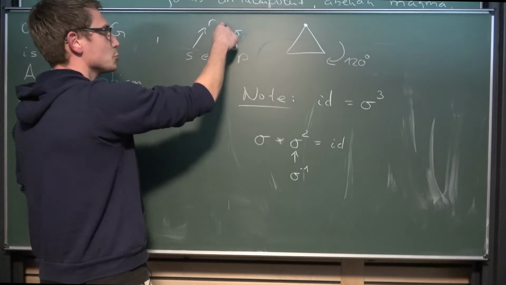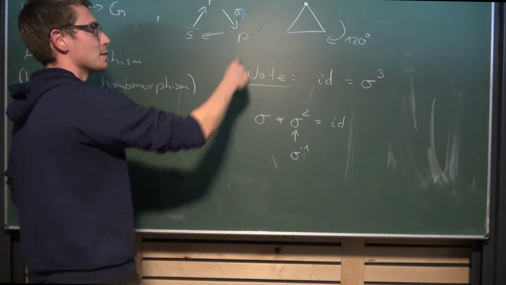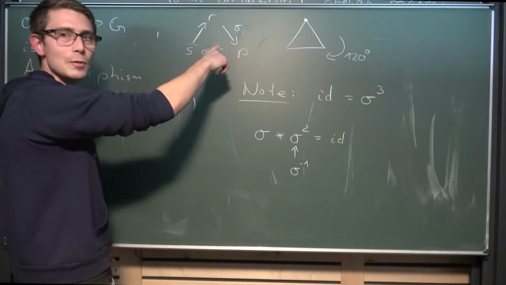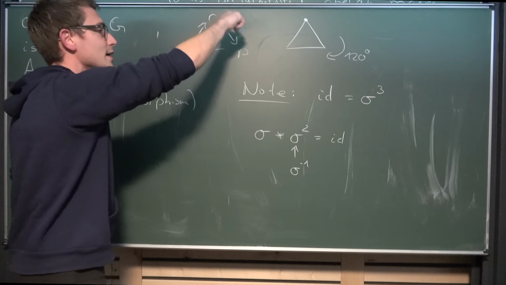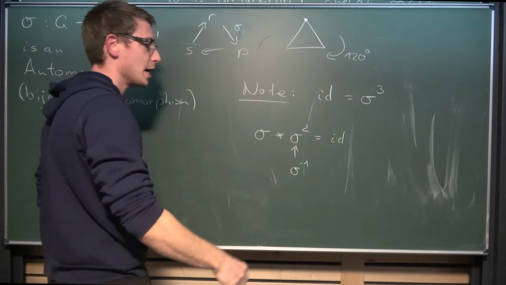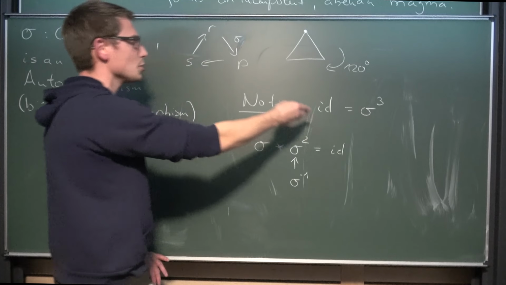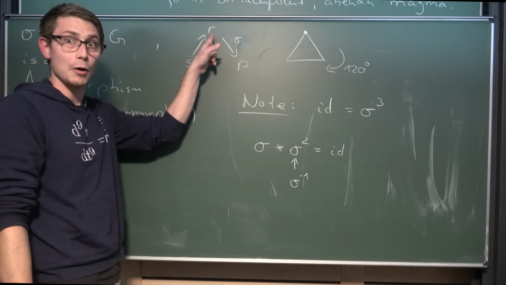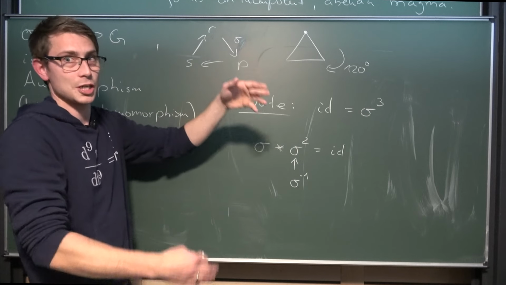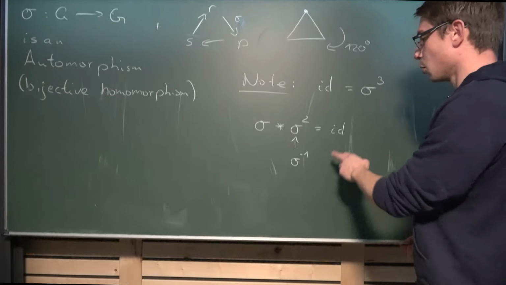You can get back to your original position by taking sigma squared 3 times. This is 240 degrees, then we get 480, and then 720 degrees. This is the same as turning the thing twice around the whole time, giving you the identity once again. And obviously the identity is also algebra preserving, structure preserving, because if we leave everything how it is, then it just stays how it is. And you can easily show that both of those are also